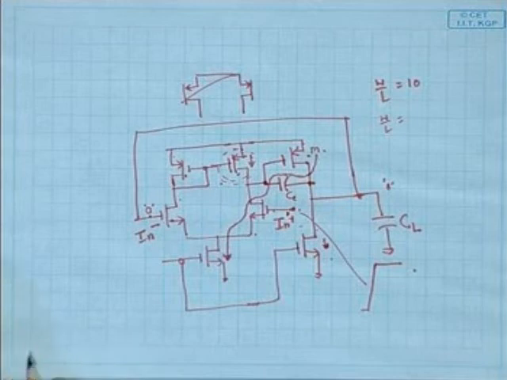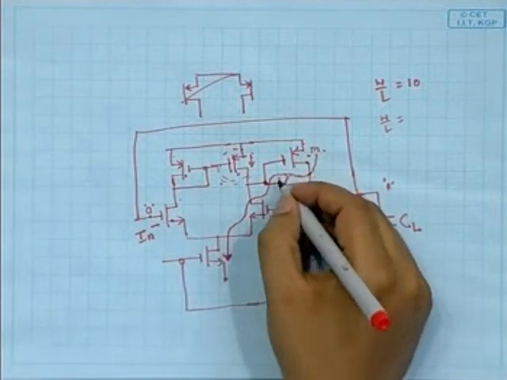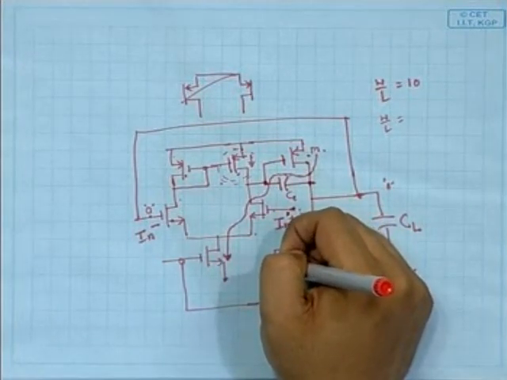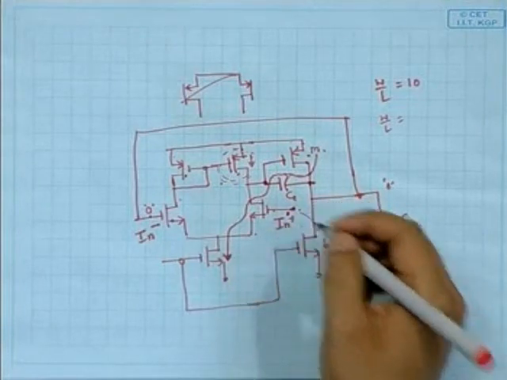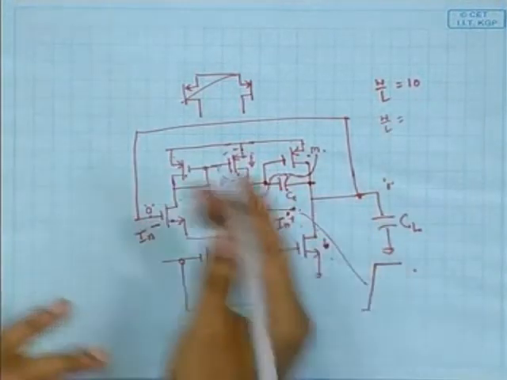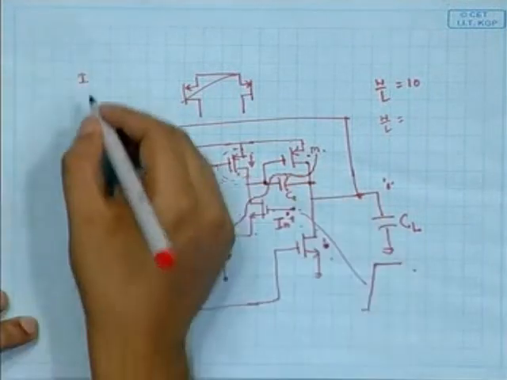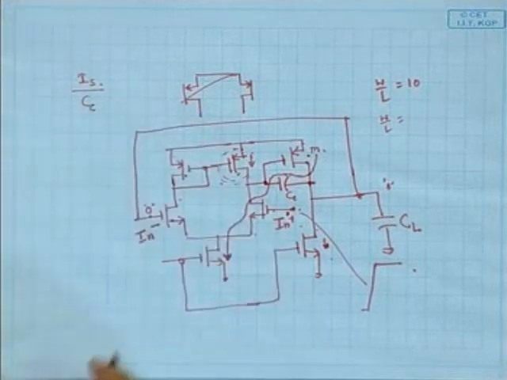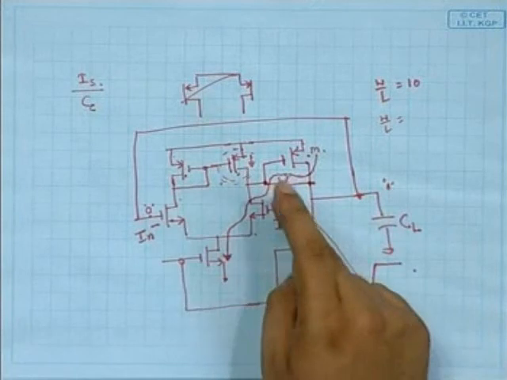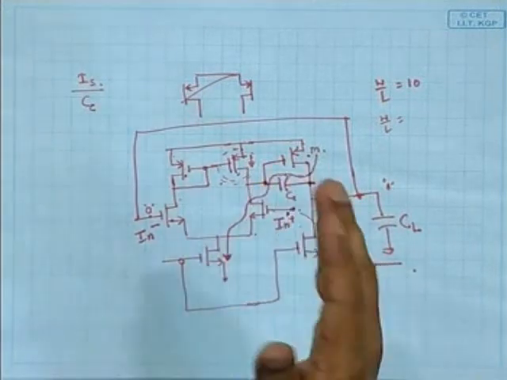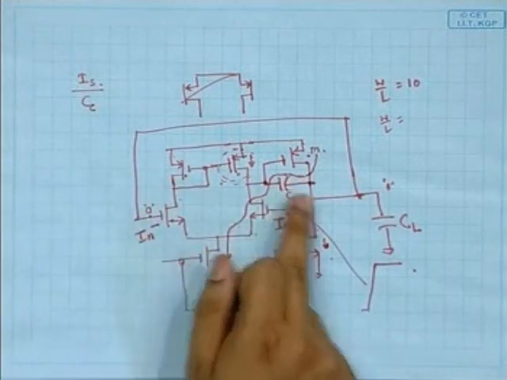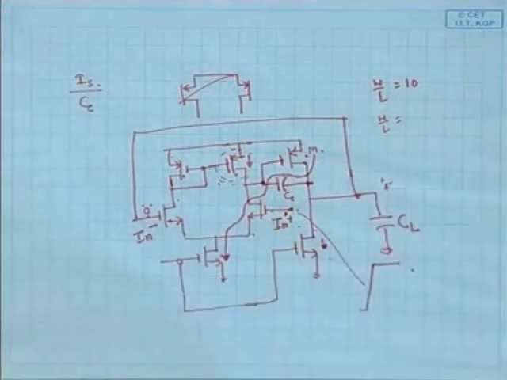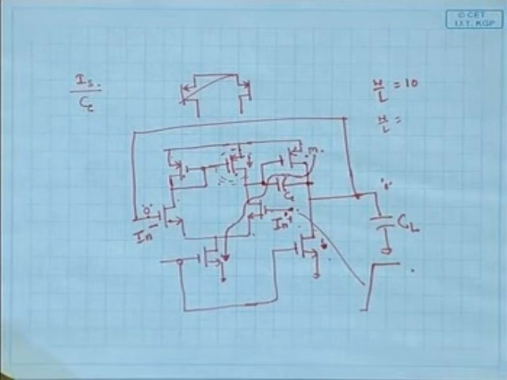This will be decided by how much the capacitor is getting charged. So what is the slope? This will come, suppose this is Is, the current flowing, divided by Cc. So almost in this manner, this capacitor will get charged. The capacitor getting charged means the output voltage will rise. So this is the maximum current driving capability of the op amp.